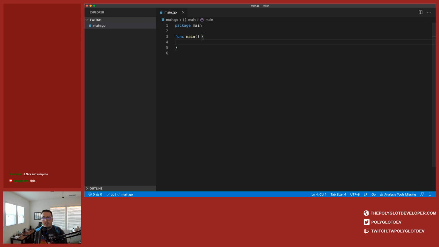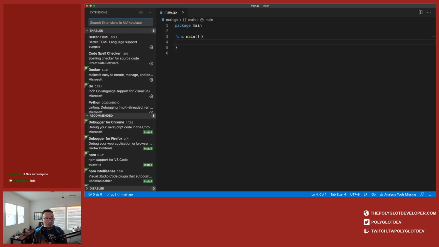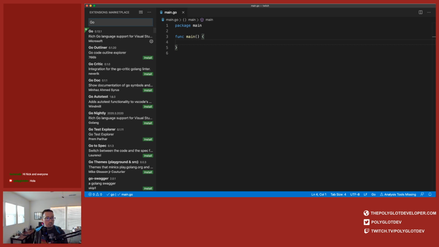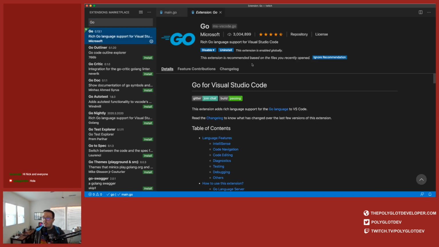One thing I do want to point out, and this is going to make a world of difference when it comes to Go development. If you're using Visual Studio Code like I am, I recommend that you take a look at the Go extension. It's a Microsoft plugin.